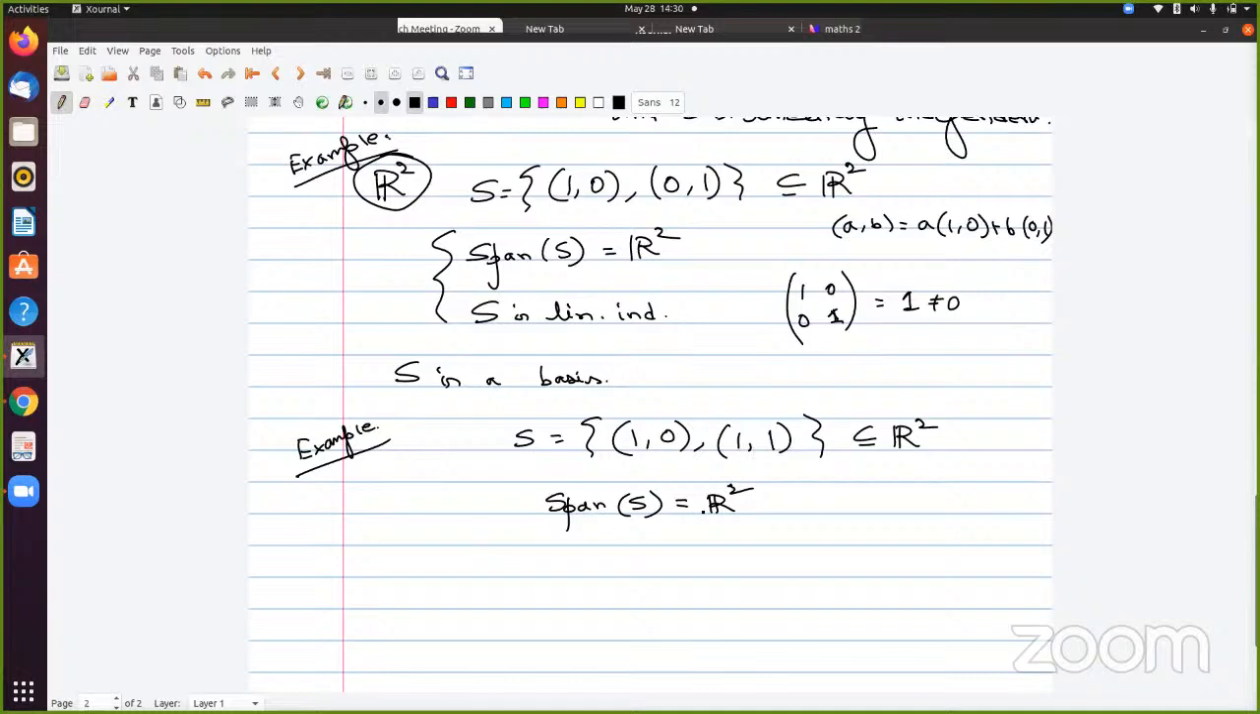Again, we have shown this earlier, and S is linearly independent, that we have also shown earlier. Sir, what if these two vectors are not given? How will we prove that it spans R2 or not? Suppose (1,0) and (0,1) are not given, and some other vectors are given. Then you have to check whether